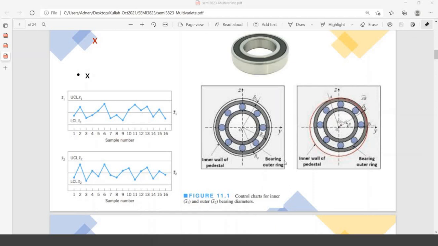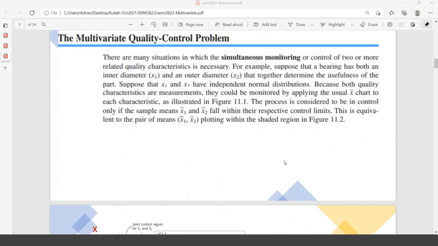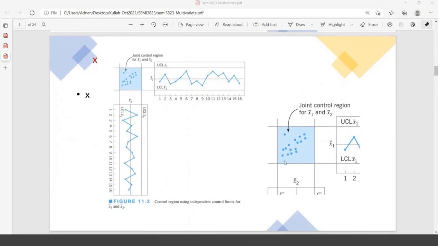We have also seen in many cases, for example in assembly operations, that you have two holes that need to be assembled to go into another component. They also need to be jointly monitored. So one way to solve this problem of having more than one correlated parameter is to use a multivariate SPC. I have explained that when we have two parameters and we monitor them independently,